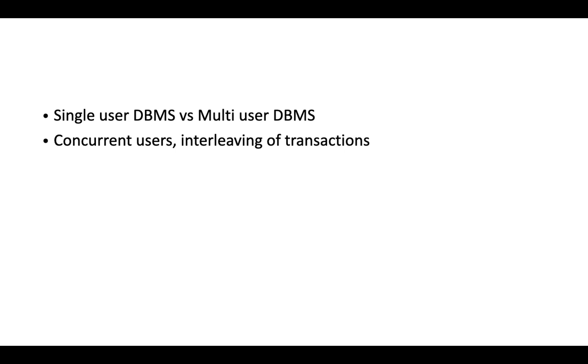Now you can imagine a multi-user database to be something like online ticket booking, online airline reservation, train booking, or cinema ticket booking. All these are multi-user database systems because many people are interacting on a common platform, on a common database. Just imagine you are trying to book a ticket from Book My Show for a particular show at, say, Obron Mall. For that particular show, many people would be trying to book that ticket at the same time.